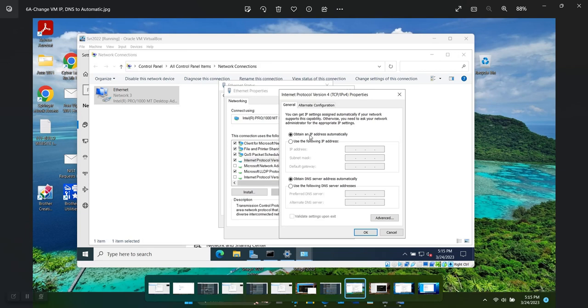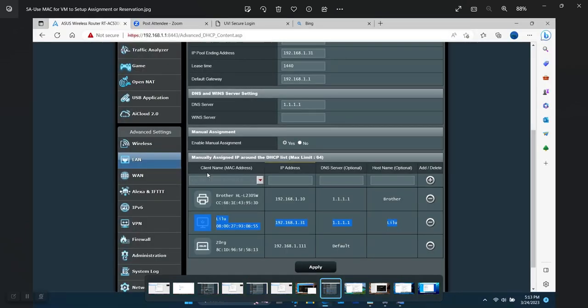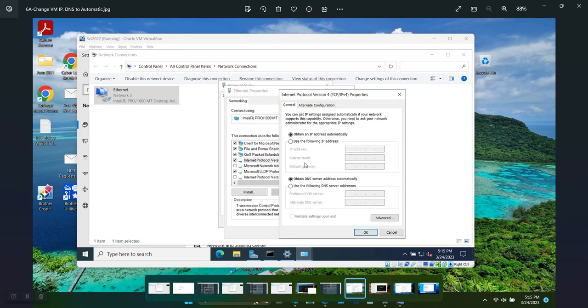And what we want to do is manually do this to see if the reservation or manual assignment will work. So we're testing to see if this manual assignment and the MAC address will work. So we change our setting in the server to show dynamic. And so this is what we want you to do. We want you to take a screenshot of this